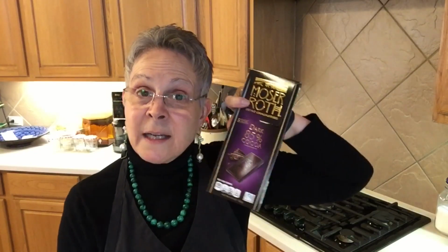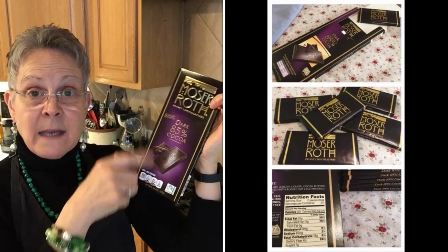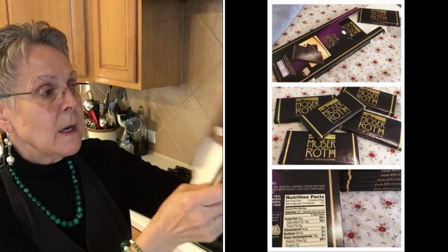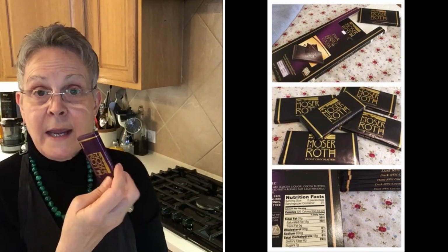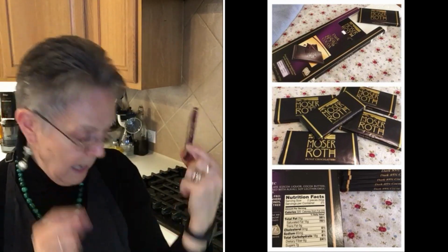So this might not look like a small chocolate bar, but inside this package, I get these at Aldi. So this has 5 small chocolate bars in it. Let me pour one of the last ones out. I think there's one left here. No, there's another one there too. Okay, so this is a very dark chocolate,